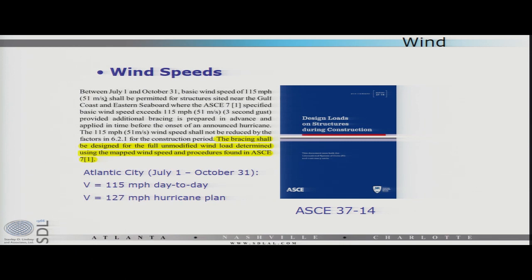If, however, the building is being erected during hurricane season, according to ASCE 37, you are not allowed to use that reduction, right? So you would have to use the full 115 miles an hour. And you also have to have the ability to resist a hurricane within a reasonable amount of time, which is sort of left ambiguous. But if you think about the prediction capabilities for hurricanes, you've probably got 2 or 3 days max to be able to move the bracing from a level of 115 miles an hour up to a